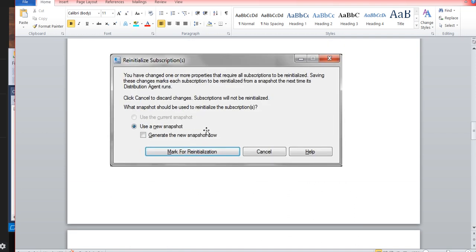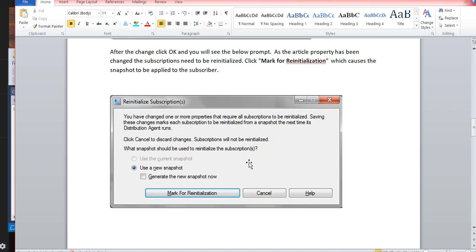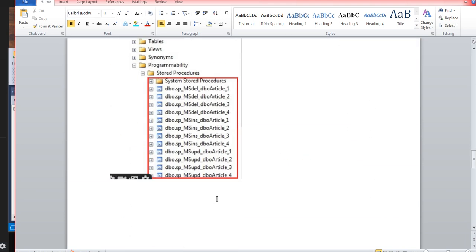This is a very tricky question in interviews also. I have discussed it in a previous session. You want to delete some data on the publisher but don't want to delete it on the subscription. Everyone says go to articles, right click, and select the do not replicate statement. But this is the worst approach. If your article size is too high, they will not allow it, because it's a production database and the article size may be something like 2 terabytes. This will take a huge time because you are reinitializing the replication by clicking this option. So go with the stored procedure option.